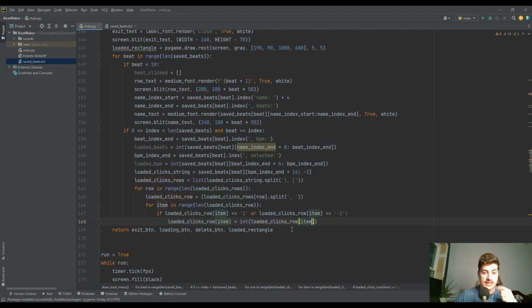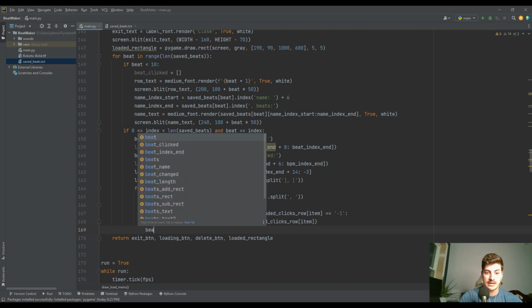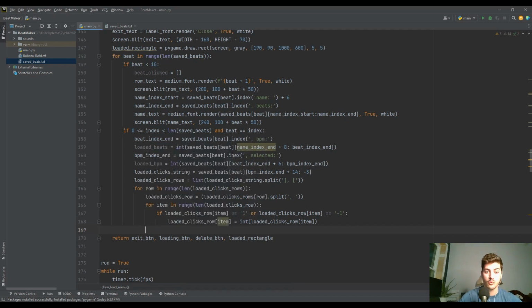And the reason we're doing this if check is because once it's become an integer, this won't execute anymore, so we don't have to execute this anymore because everything is already an integer. All right, so that's why we do that. And then we come out of the if and we say that we want to track what beat was what loaded in beat is